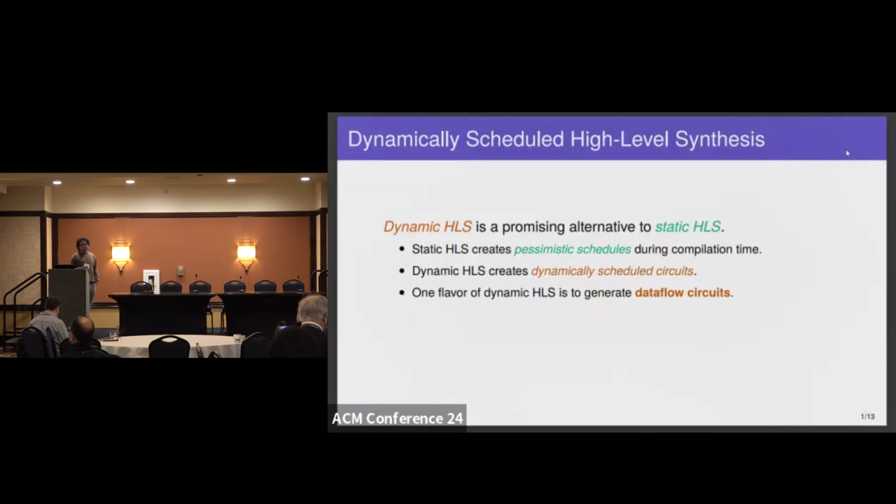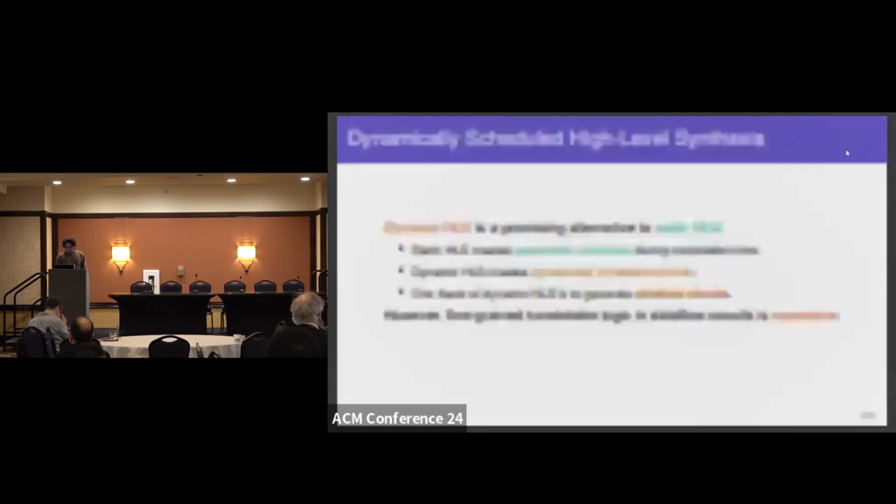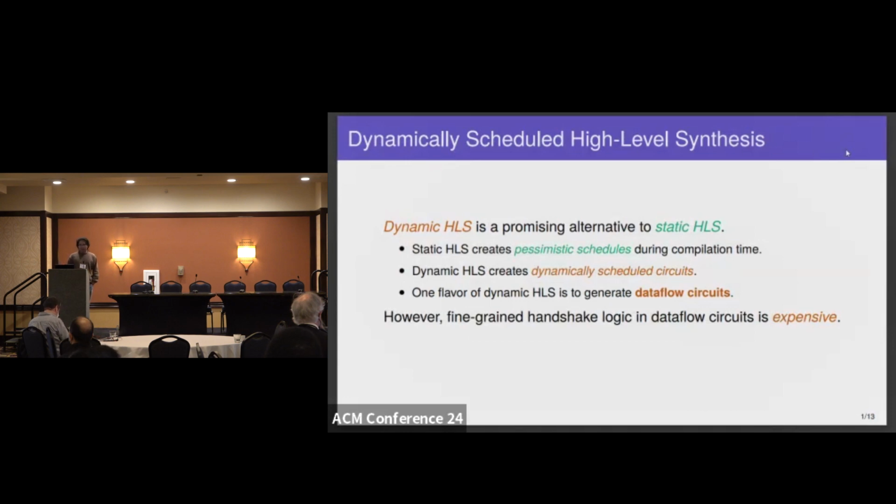Dynamic HLS is a promising alternative to static HLS for designs with irregular workloads or memory accesses. For this type of application, static HLS creates pessimistic schedules during compilation time, whereas dynamic HLS creates dynamically scheduled circuits that are able to adapt their behavior on the fly. And one particular flavor of dynamic HLS is to generate dataflow circuits. This paradigm is able to extract maximal parallelism from your applications, but however, the fine-grained handshake logic also adds a significant